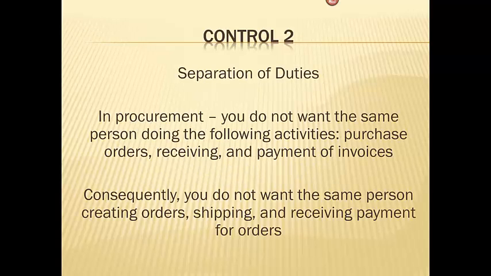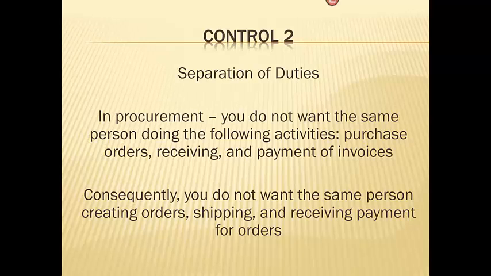Next, and this is very much related to the establishment of responsibility, I think that these 2 controls, establishing responsibility and the separation of duties, can often get confused. So let me explain what separation of duties means. Basically, you don't want the same person doing certain types of activities. Just like in that retail example, we don't want one person running the cash register as well as counting the money. And I think it should be pretty obvious as to why we don't want that to happen.